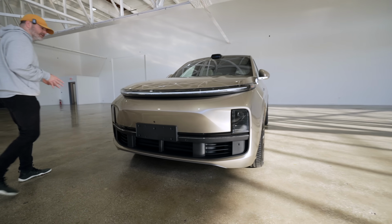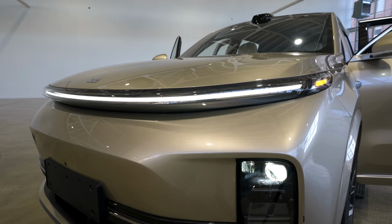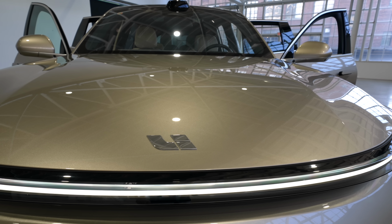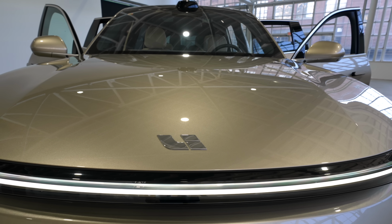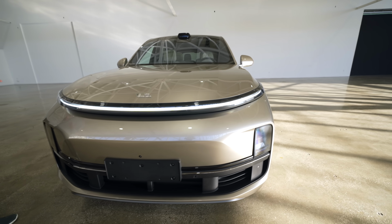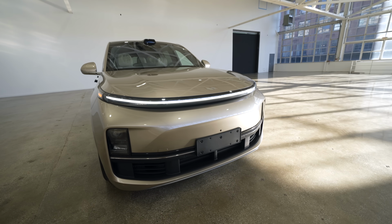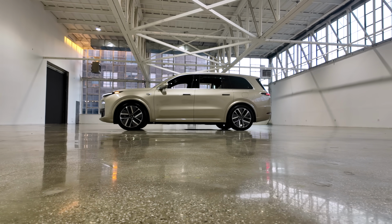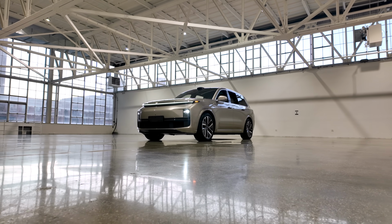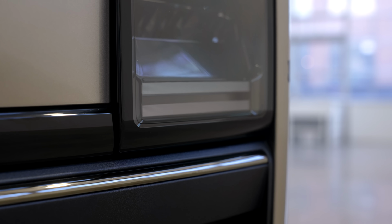What's unique about it is that it has tremendous range. It's kind of like a hybrid. It has an engine and an electric motor and a battery, and the engine exists to charge up the electric battery to drive the vehicle via electric. What that means for you is you can run the vehicle electric only for about 200 kilometers, but if you're into taking road trips, this thing will do like 1,400 kilometers with the gas electric combination, so you're not going